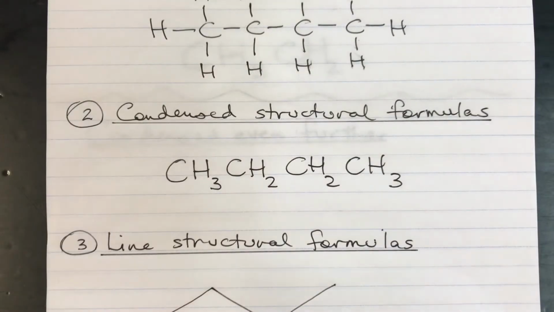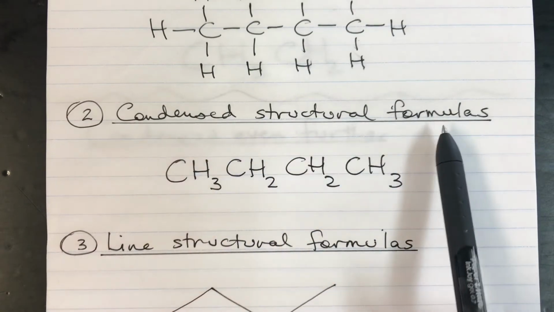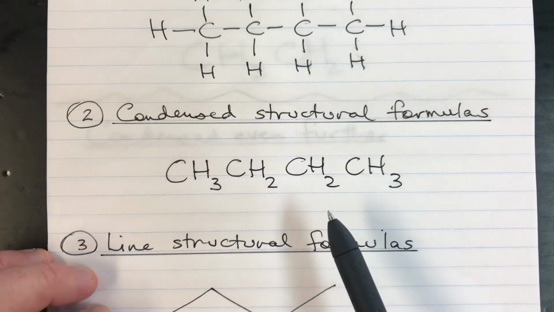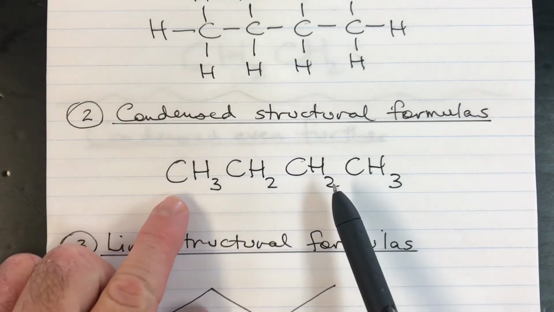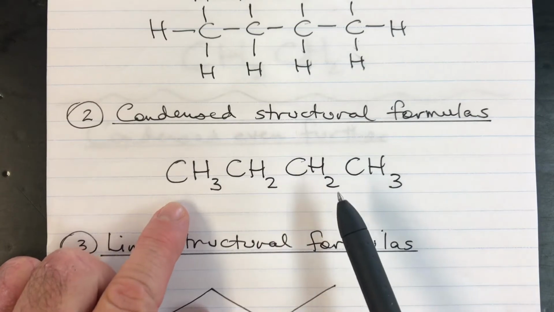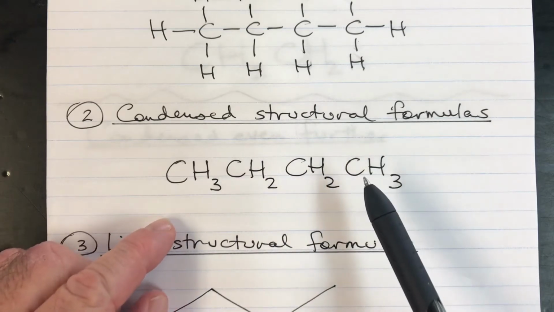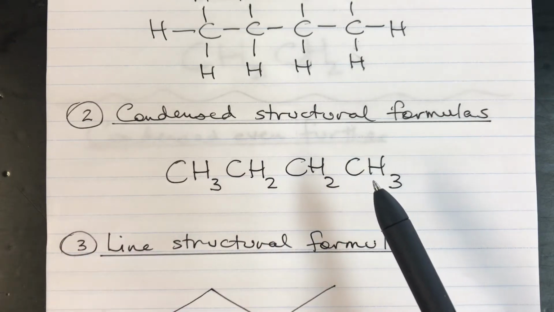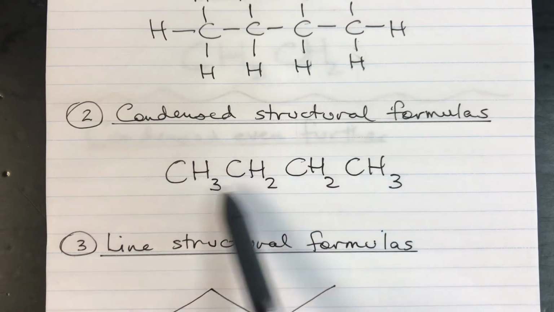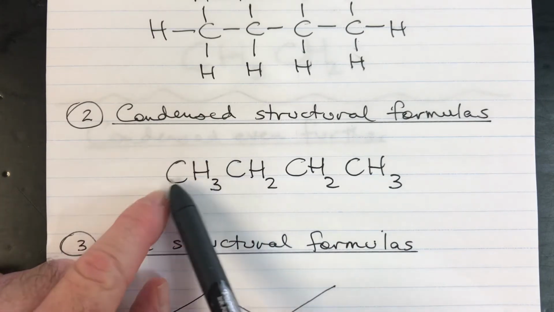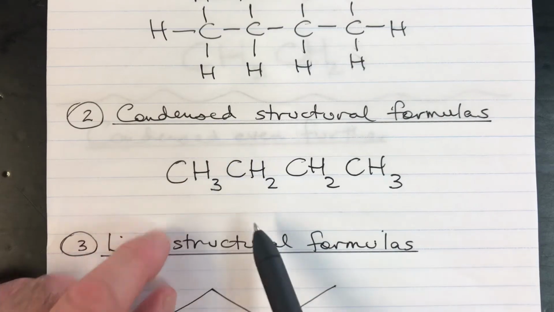The second structural formula type is the condensed structural formula, and this is the condensed structural formula for butane. The condensed structural formula provides information about the carbon arrangements in the molecule, but it doesn't show the bonding that takes place between each of the atoms. So if the formula does not include enough atoms to account for the octets, it's probably because the compound contains double or triple bonds. There's only single bonds here, so each carbon has enough hydrogens beside it to show what it's bonded to. If we take the case of ethene,